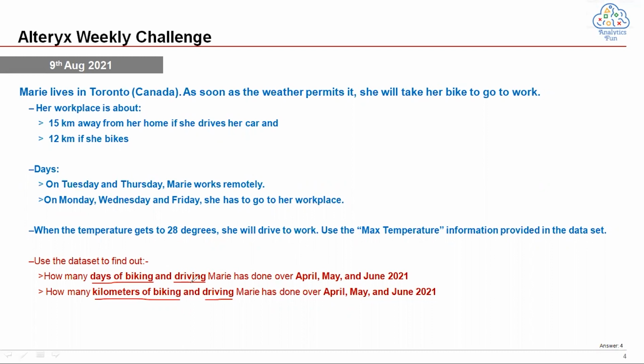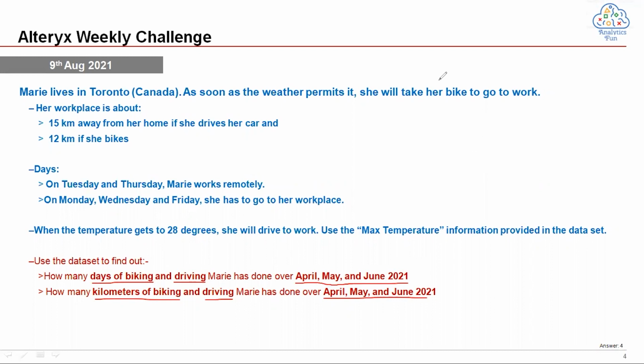So we need to remember what the end goal of this entire exercise is. And one important thing given over here is that we need to consider April, May and June 2021 only, these 3 months in our data set. So this gives a filter condition that we need to filter out these 3 particular months. Right now I don't know whether the filter will be on the rows or the columns. We will get to know once we see the data set.